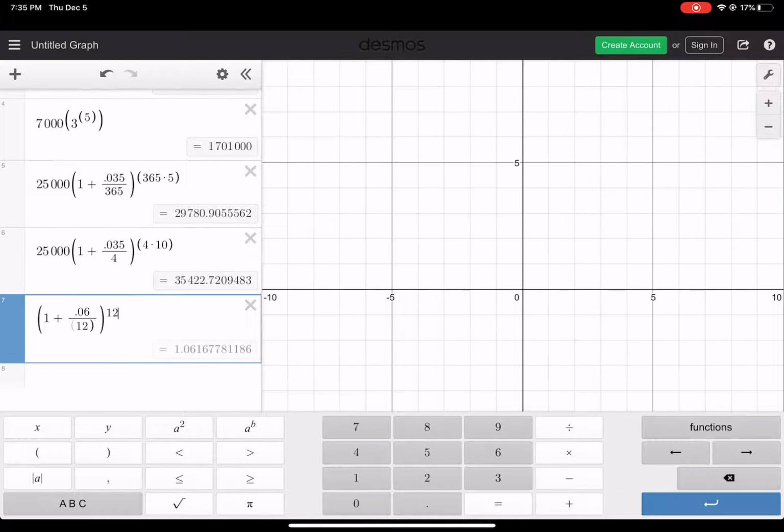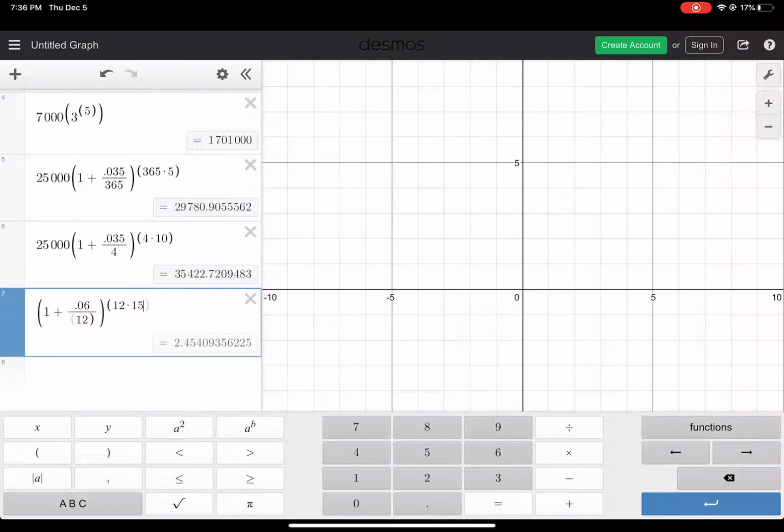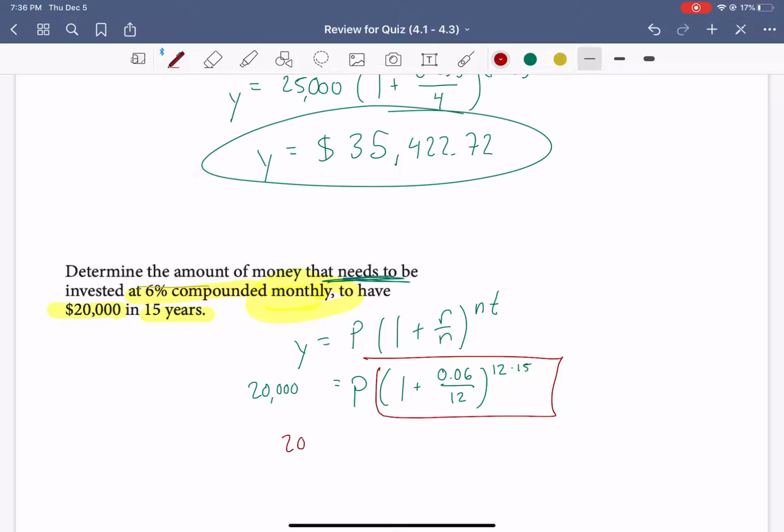And see what I did? I forgot to put my parentheses around my exponent, and even Desmos got mad at me. So that's 2.45. So $20,000 equals P times 2.45. All right, so then we divide that over. So here we get